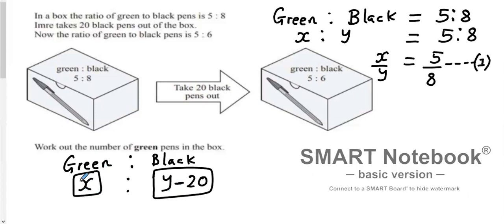So how many green pens will be there? It will always remain X. Why? Because they said Imri takes 20 black pens out of the box. So about the green pens, everything is the same. But now, after taking the 20 black pens out of the box, now the ratio of green to black becomes